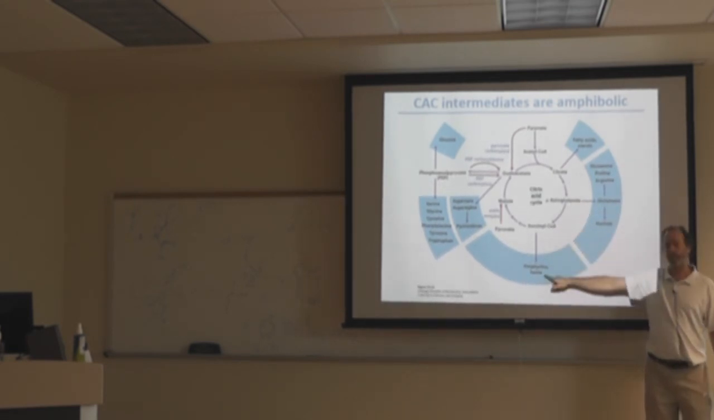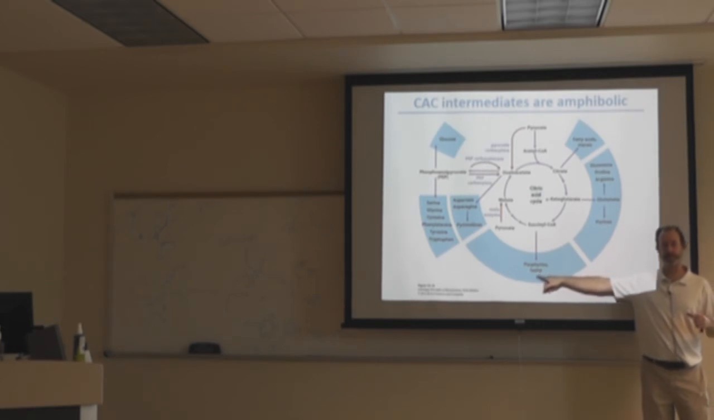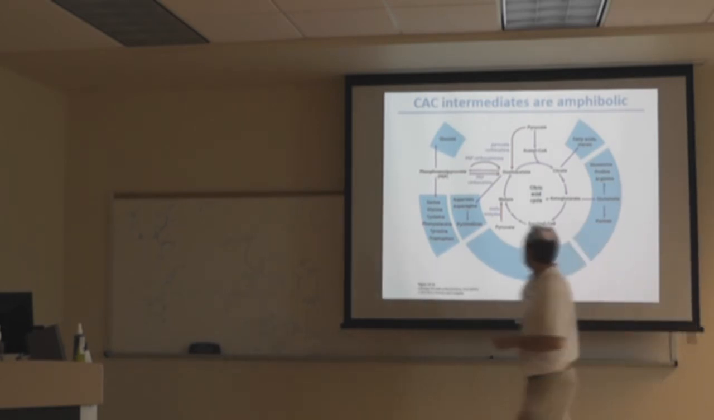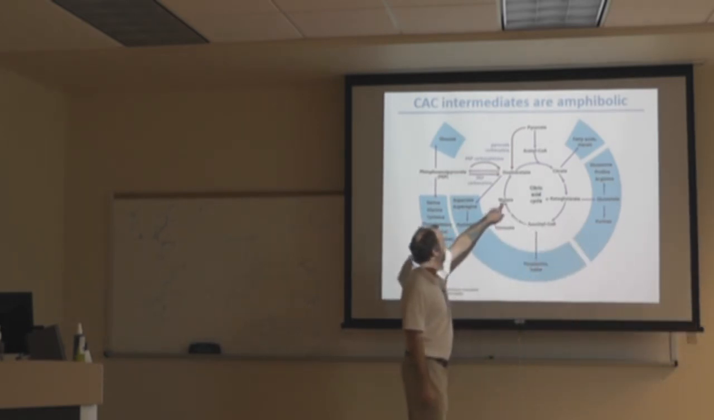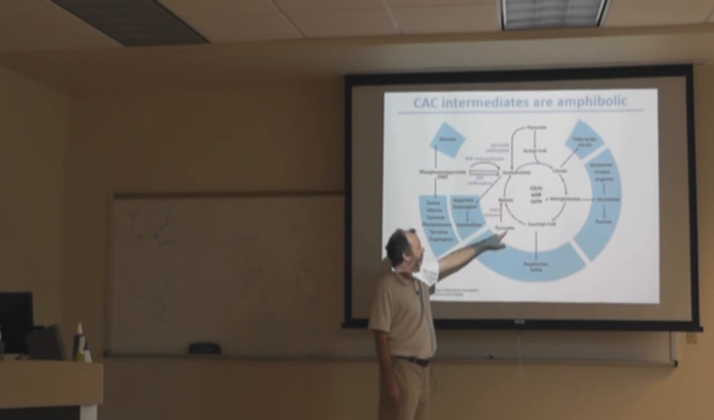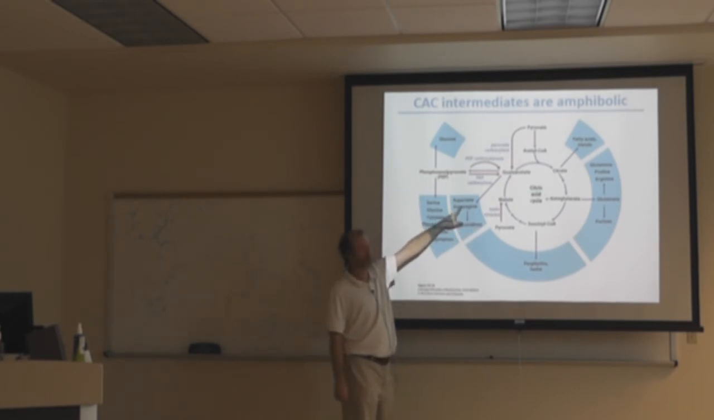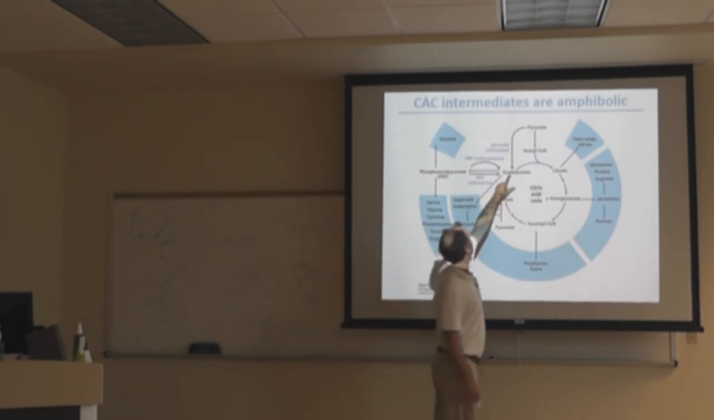Succinyl-CoA is a precursor for porphyrins. Do you guys remember what porphyrins are? The porphyrin rings are what make up heme and hemoglobin and myoglobin. Pyruvate can be formed into malate via malic enzyme. Oxaloacetate is the precursor to aspartic acid, asparagine, and the pyrimidines. Okay. Oxaloacetate can also form